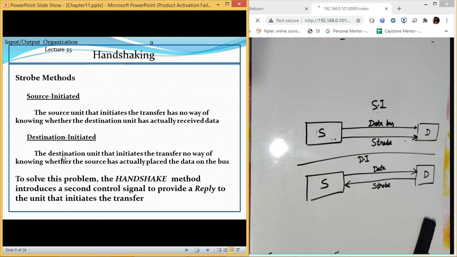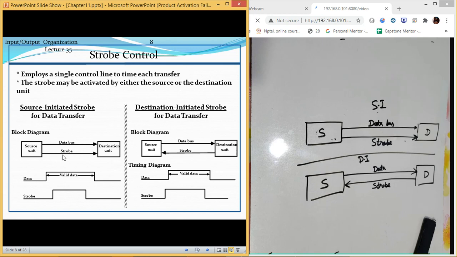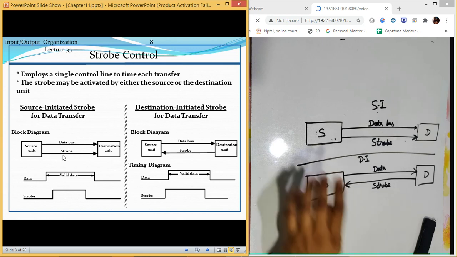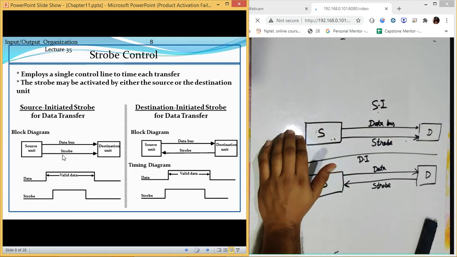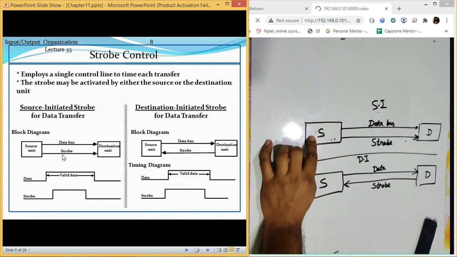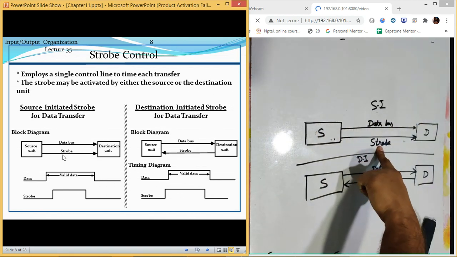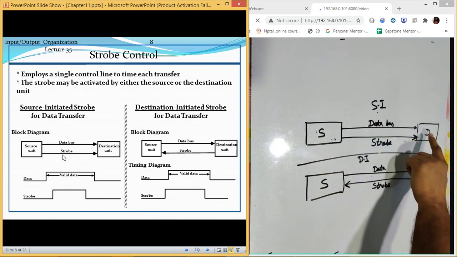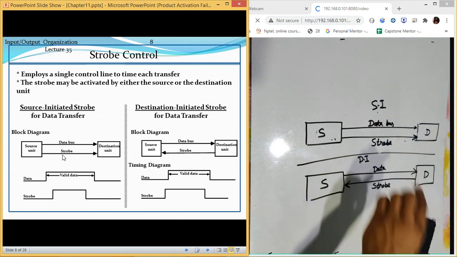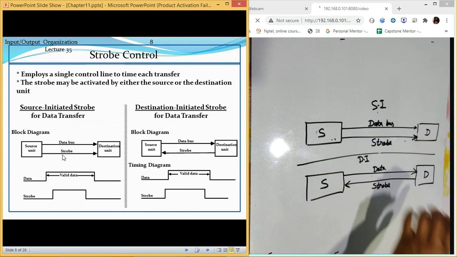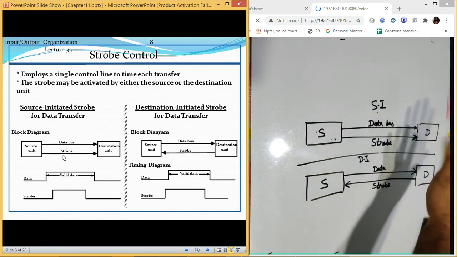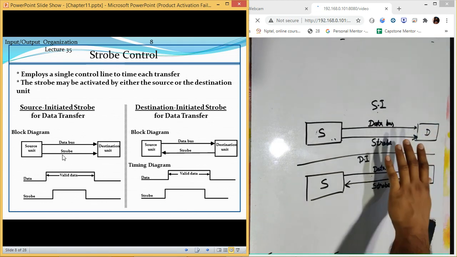Now, what is the problem? Why do we need to develop the handshaking approach? There might be a problem in this type of transfer. Assume the source has sent the data, but the data which was traveling is lost in between. There might be a connection loss. This device might get turned off, like there is a power failure or something like that.